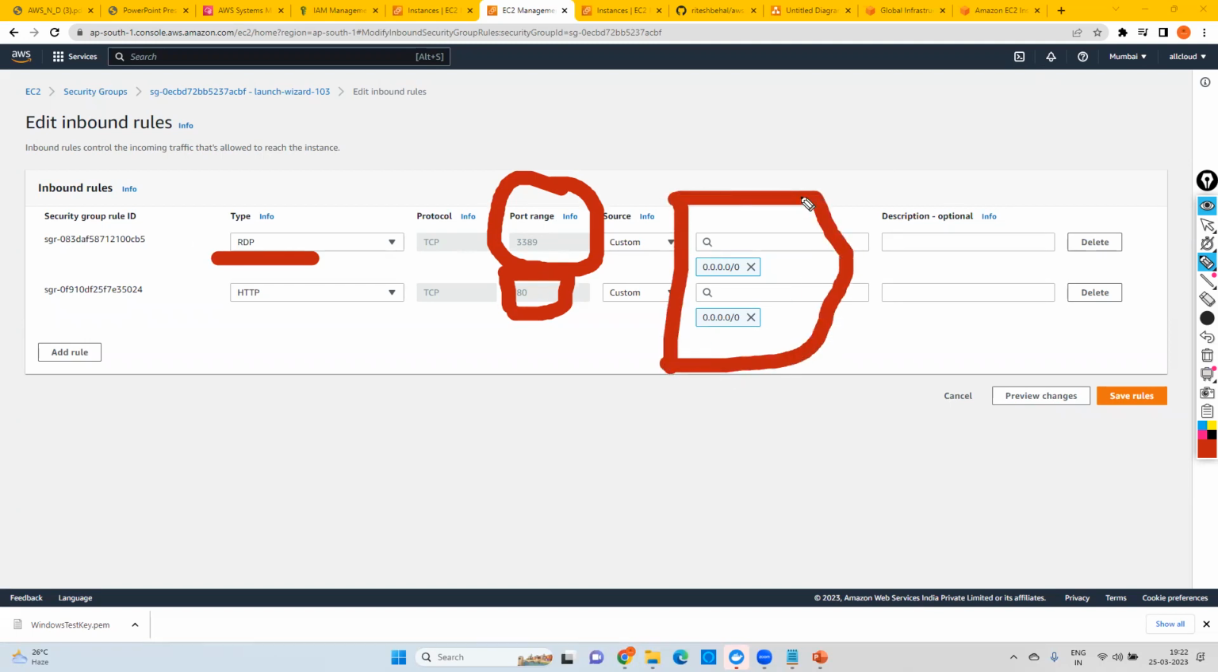Although it is not good practice to allow from everyone, the whole internet, in coming time we will work on this also. As of now, just for the demo's understanding, we are allowing it from the whole internet, but this is against security. In coming time, when we come to the discussion of security in AWS, we will understand how to limit this, how to